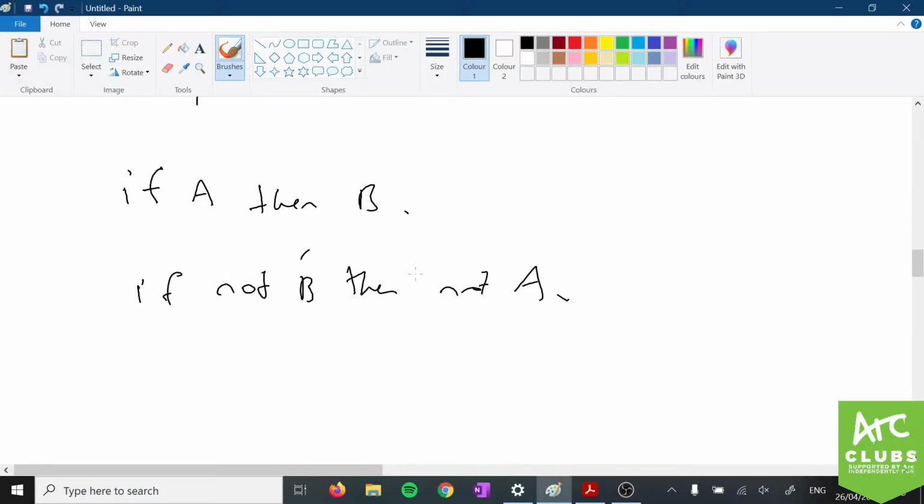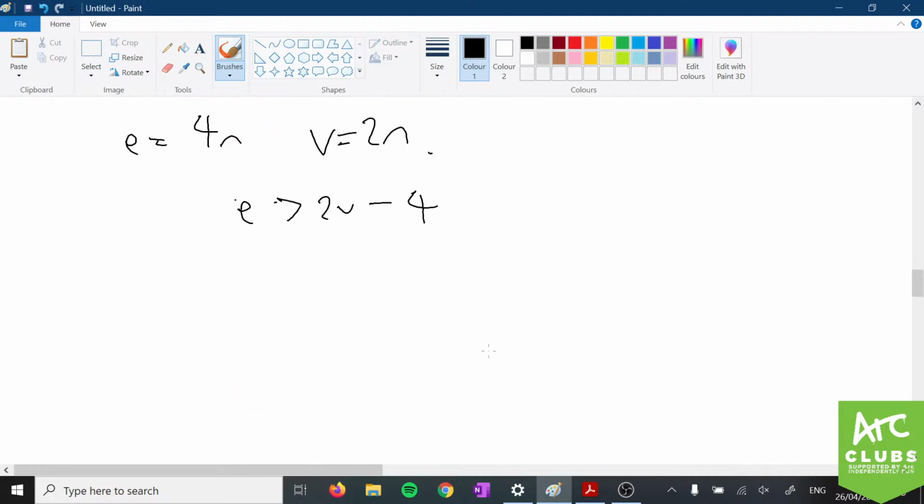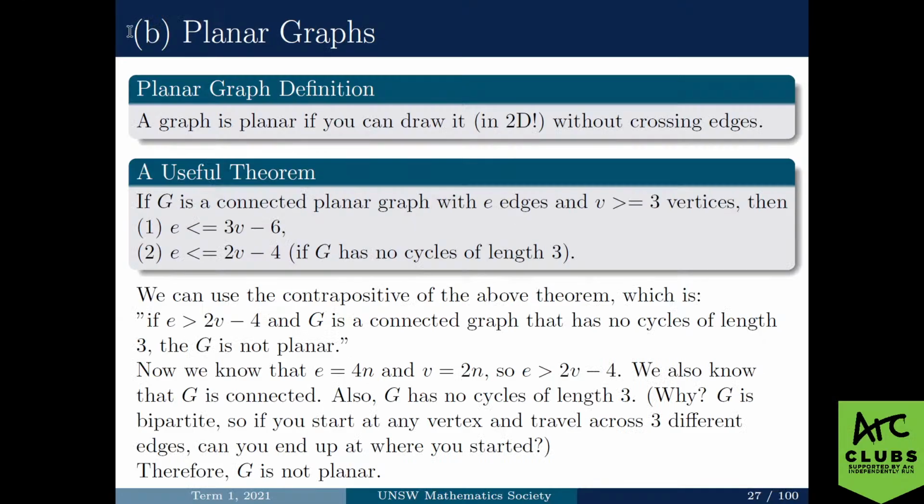So we know E is 4n from part A, V is 2n from part A as well. Is this true? Wait, no. So we have E is greater than 2V minus 4, right? Because 2V minus 4 is 4n minus 4, and that has to be smaller than 4n, which is E. E is greater than 2V minus 4, and also we can actually show that G has no